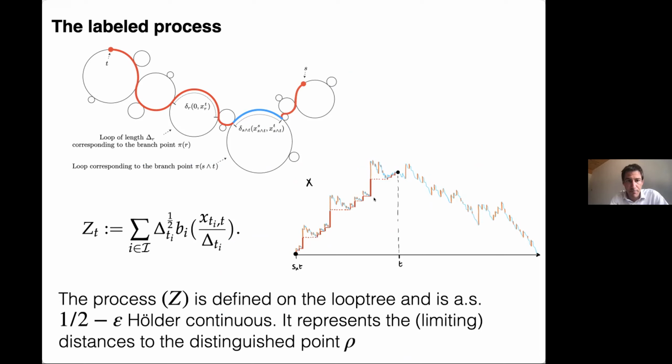Okay? And so in the process version, every jump of your stable process, every jump here in orange, will come with a Brownian bridge, this b_i. And if you want the label of this point t, then you add the increments of all these Brownian bridges when you go back in the ancestral line from t to, let's say, 0 here. And so this label process, this Gaussian free field on the loop tree, is well defined and is half-Hölder in the metric of the loop tree. So it's really the Brownian motion indexed by the loop tree.